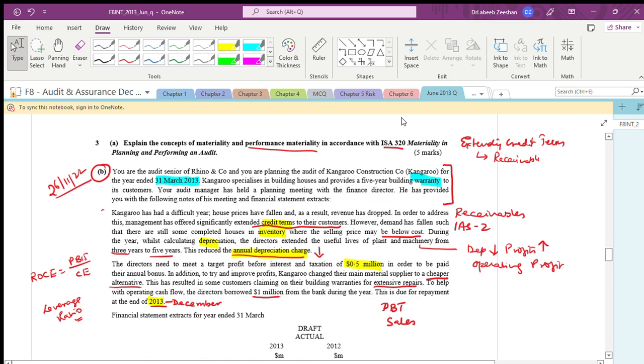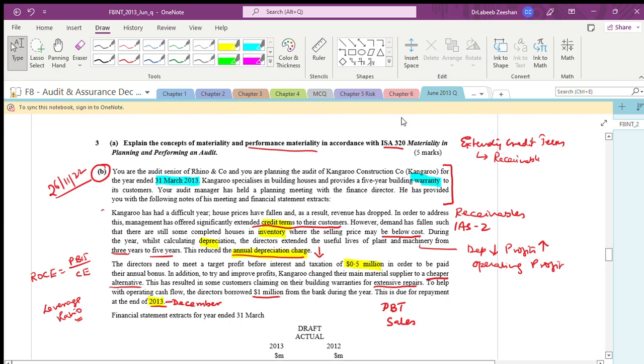The audit risk is that the receivables will get impacted, and the receivables turnover days will increase. What is the audit response? The audit response is whether they are giving credit to the approved list of buyers, and it has been authorized by the